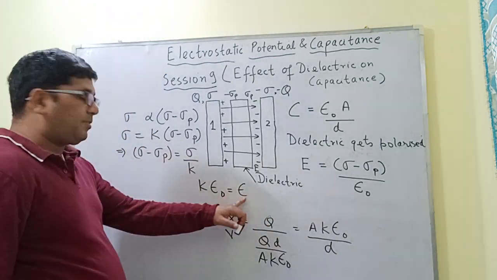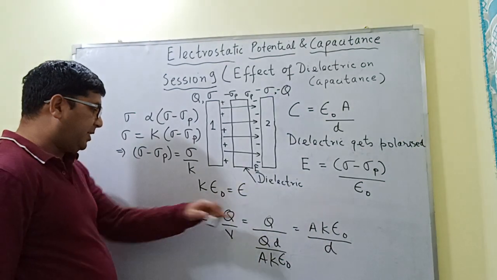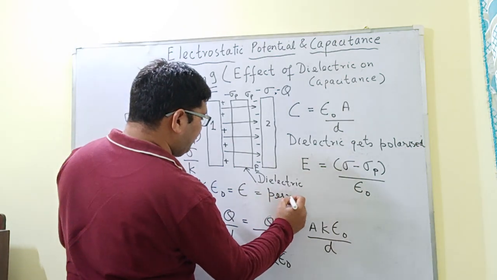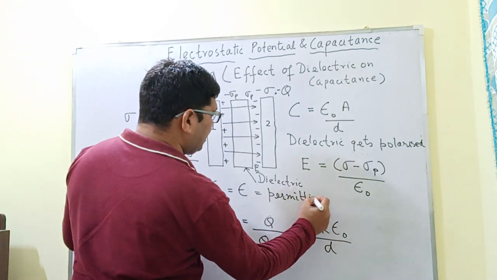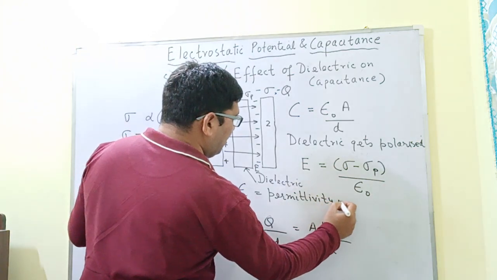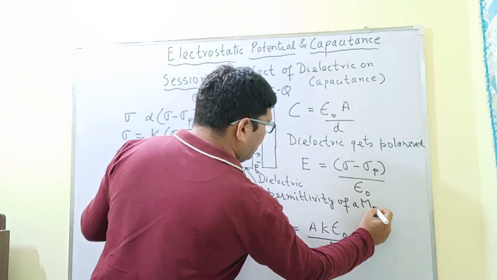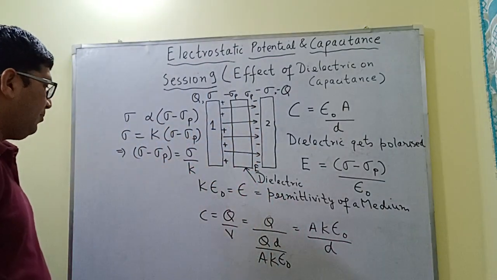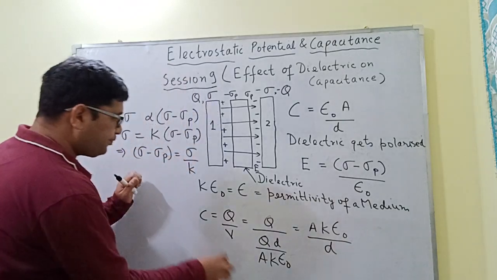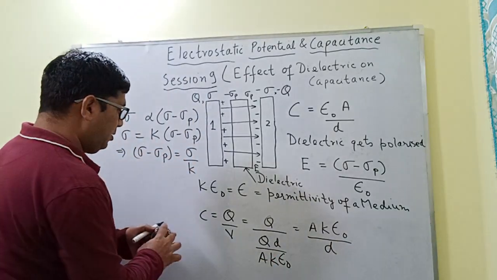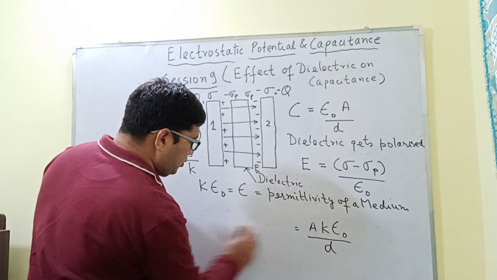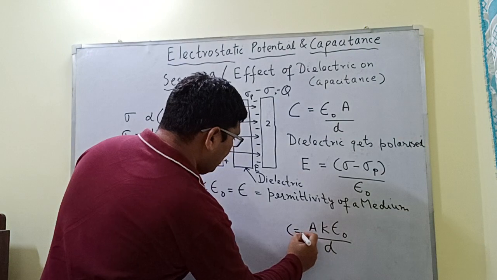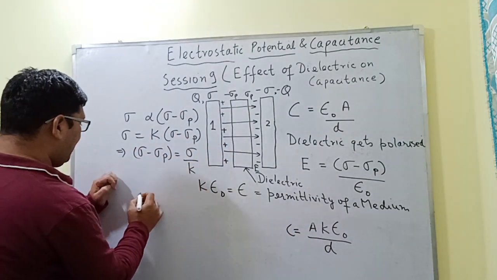This epsilon is the permittivity of a medium, and this is I'm just writing it here as the permittivity of a medium, and permittivity जो है,